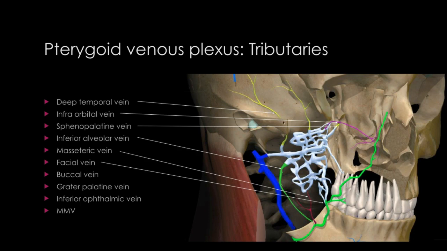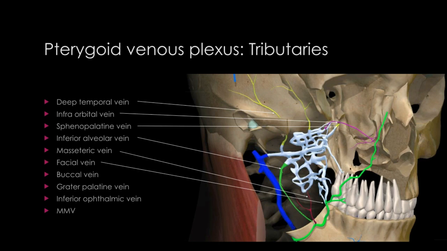The deep temporal vein behind the zygomatic arch goes and drains into the pterygoid plexus. The other vein which goes in is the infraorbital vein. Infraorbital vein also drains into the pterygoid plexus. The third vein that drains into the pterygoid plexus is the sphenopalatine vein. Here, as you can see, this small short part,